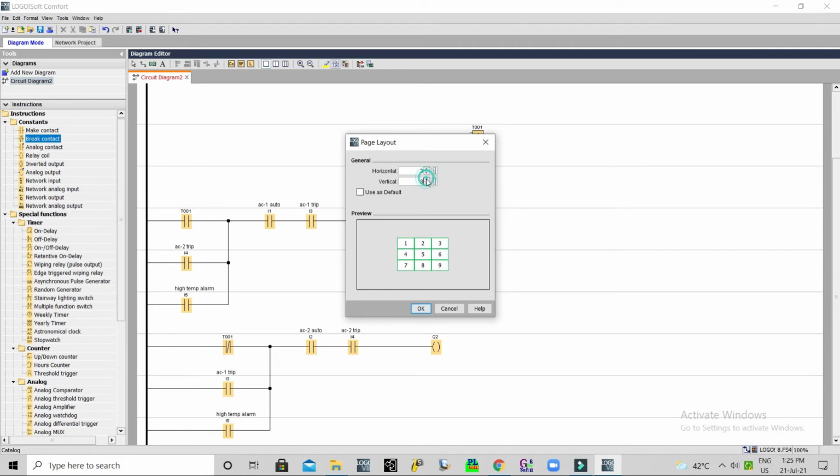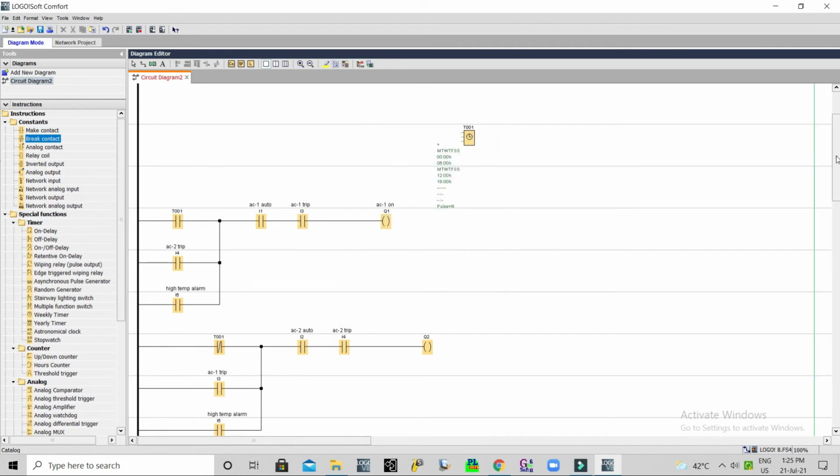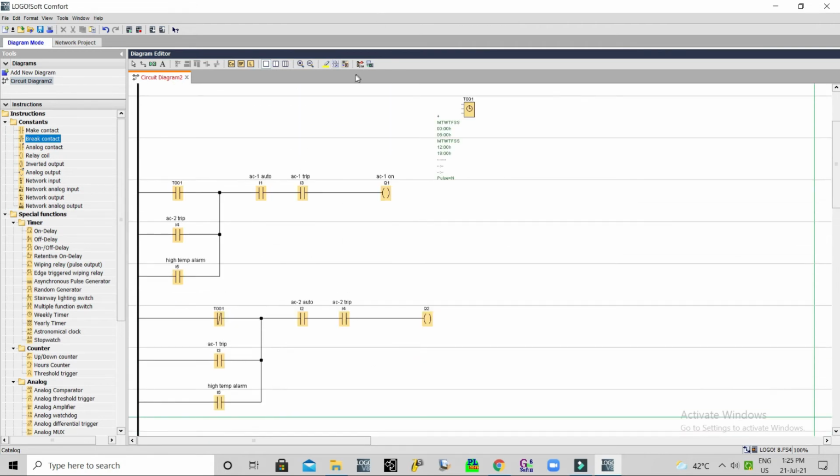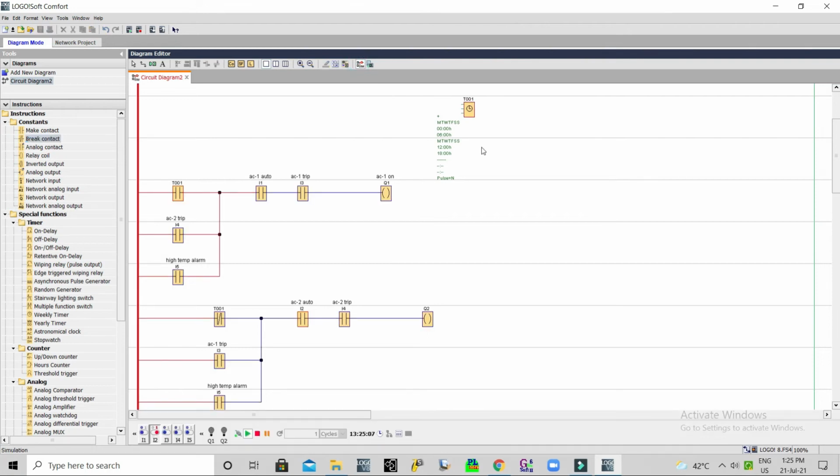Make a bigger window. Simulation. Now we have 5 inputs: input 1 and 2 are the auto commands, inputs 3 and 4 are the trip signals for each AC, and input 5 is the high temperature alarm input. Now we will keep both ACs in auto mode.